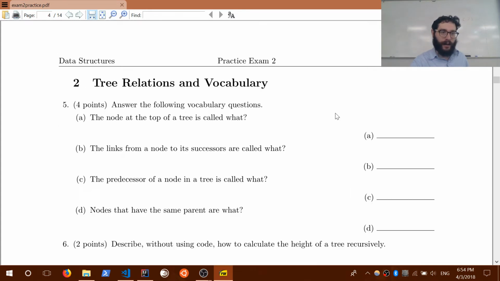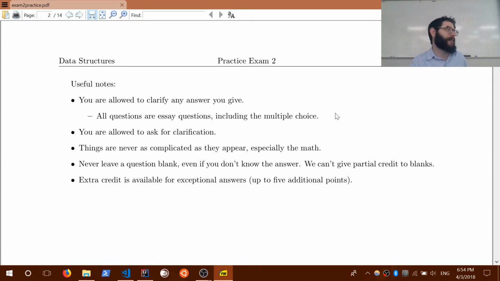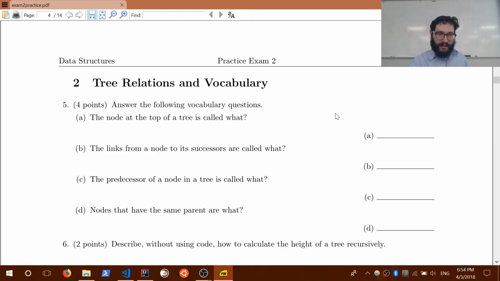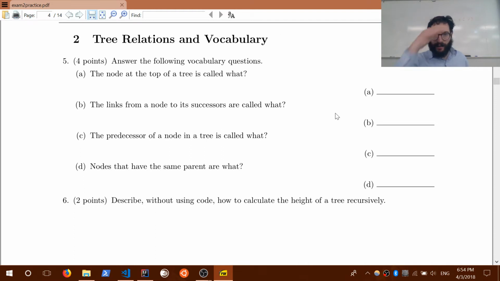One cheat sheet. Not open note. One cheat sheet. Okay. The other exam, the final exam, is open note, open book. Right? Because that's the way they want it. Okay, so